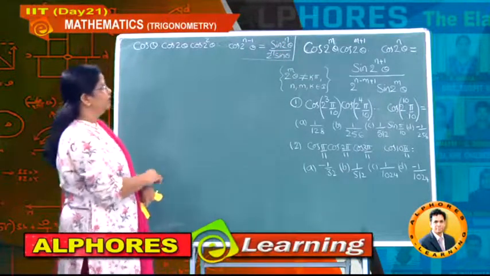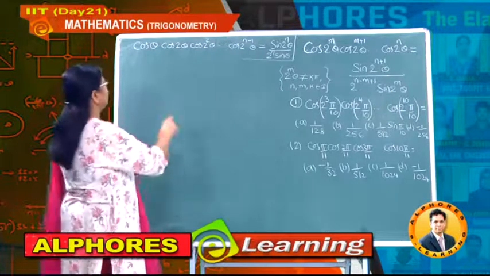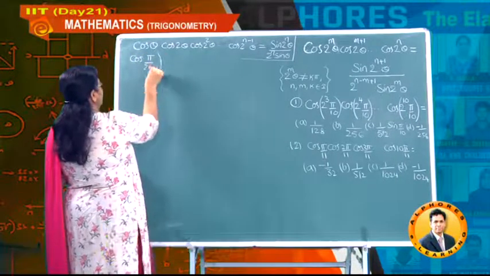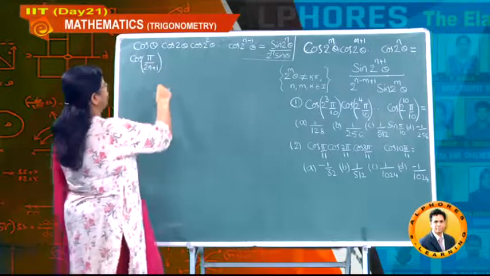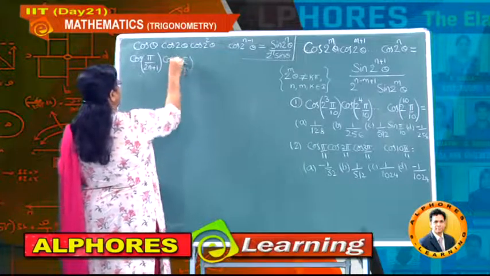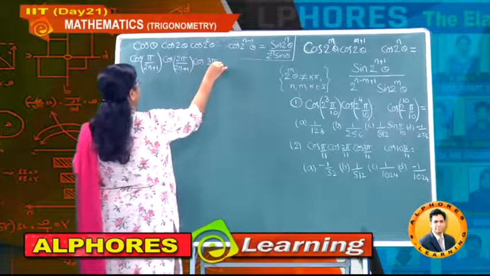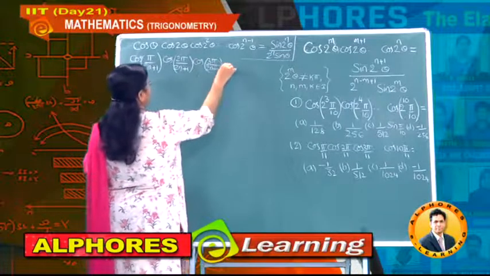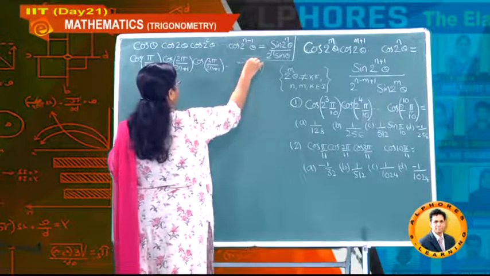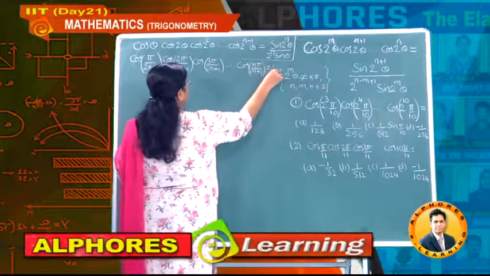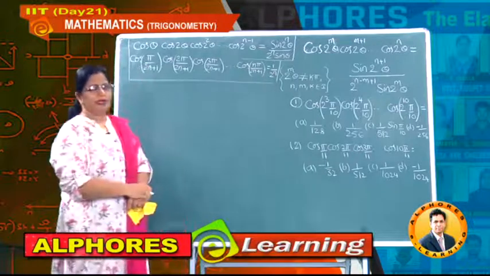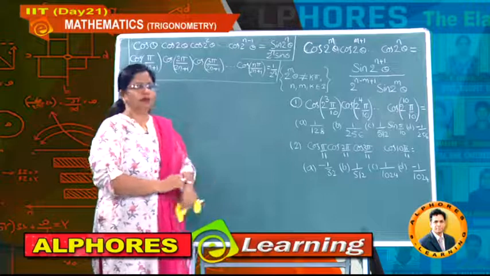Now the other concept we also discussed. It is cos pi divided by 2n plus 1, where the denominator is an odd number, into cos 2 pi divided by 2n plus 1, cos 3 pi divided by 2n plus 1, up to cos n pi divided by 2n plus 1. Then what is our answer? 1 by 2 to the power of n. So these two formulae we discussed in the previous session,